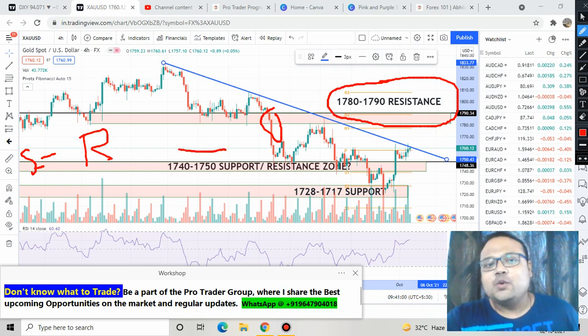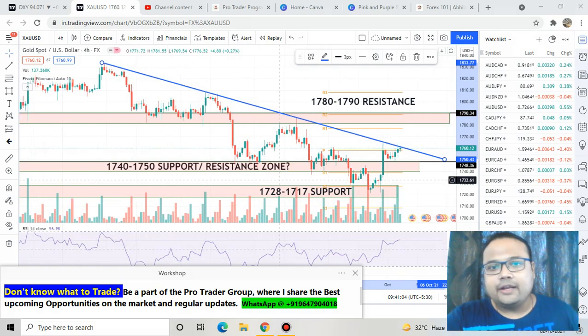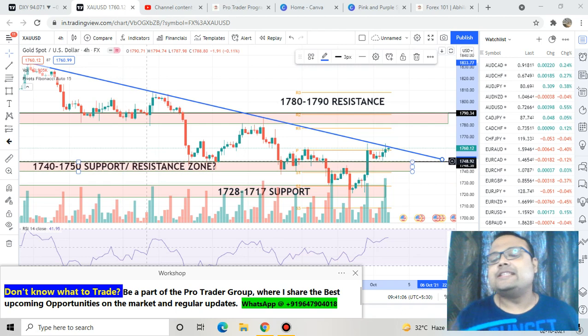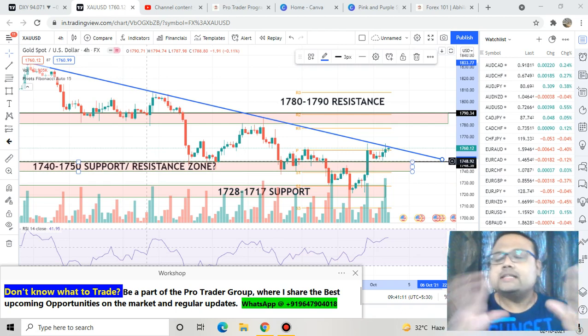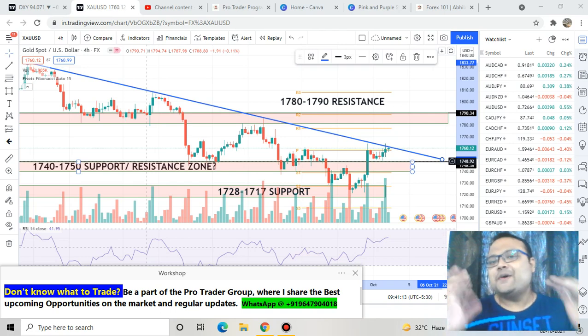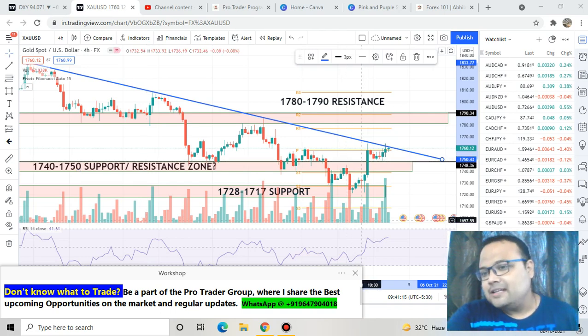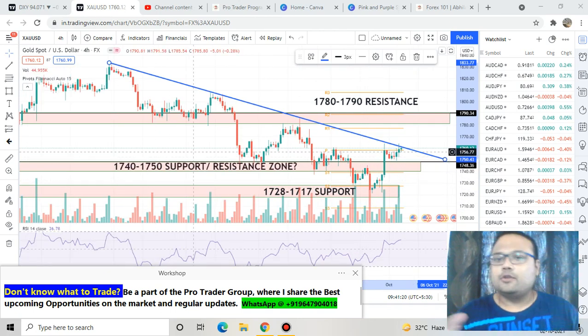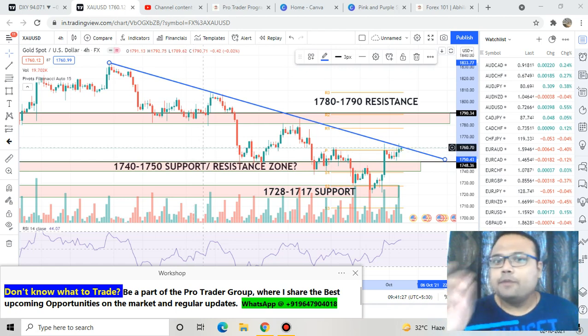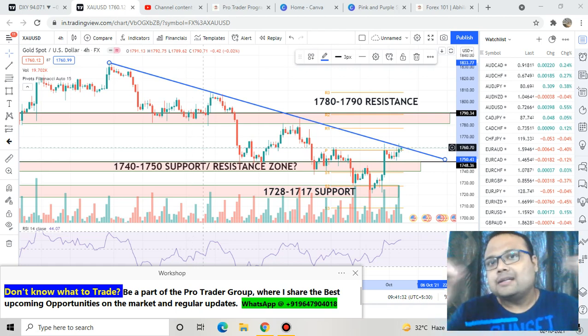So three levels are clear, and the next and most crucial level for the market is 1740 to 1750. You can see that I have written here support slash resistance, because we still do not have confirmation whether this level is support or resistance right now. Looking at the present condition, it looks like this level of 1740 to 1750 is trying to act as a support for the market. But still do not be too sure, because there is a theory in the market that whenever you find the market testing a level too much,